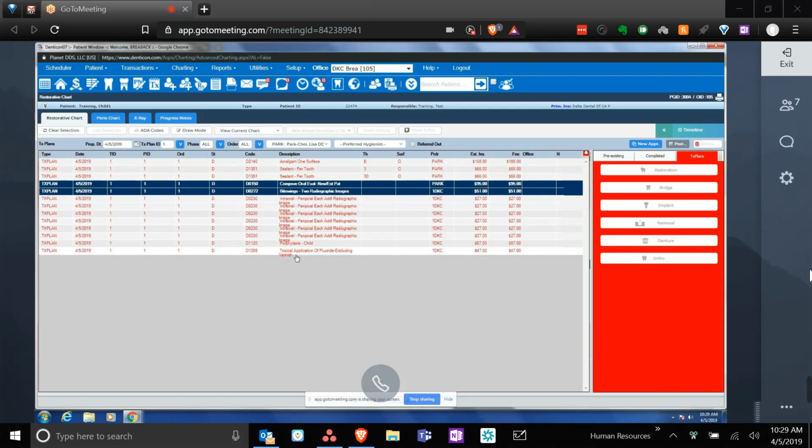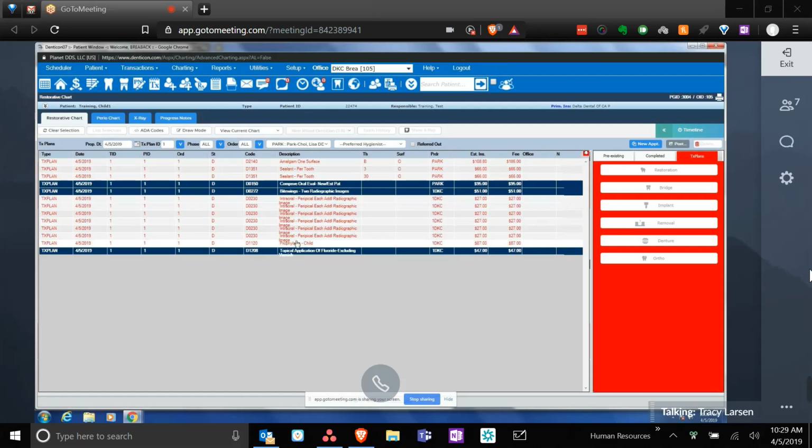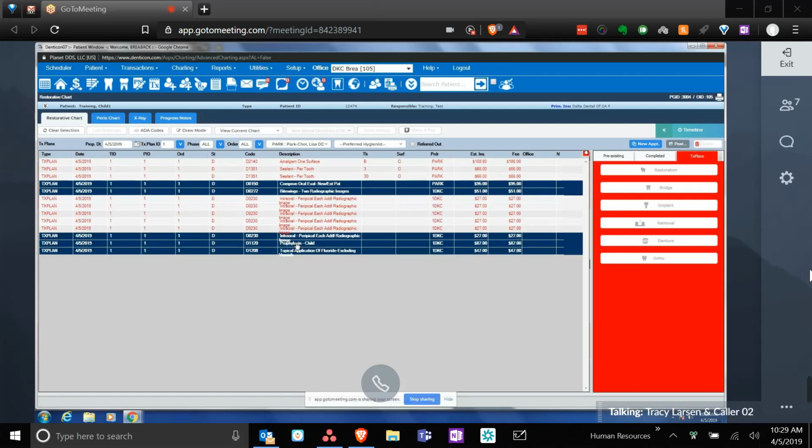Now, if you want to select all of them, you can click one, use your shift key, and click the bottom one. It'll highlight everything in between. Or you can select multiple times. It's up to you. All right, now we're going to